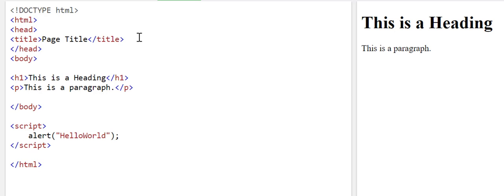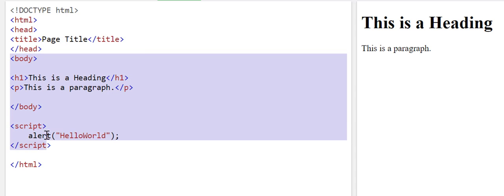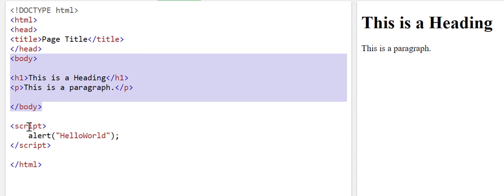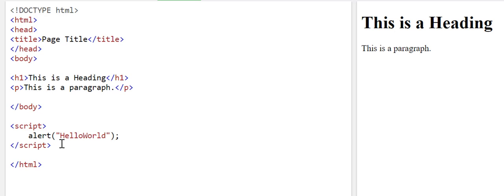The other way is adding the reference. If the JS file relies on the content of the body tag, then we will add the script at the end of the file. Otherwise, we can add it in the head tag. How do we add a reference? We will write script src equal to dot slash file underscore name dot js. This is your relative file path, and then